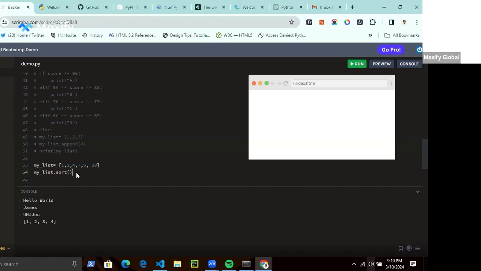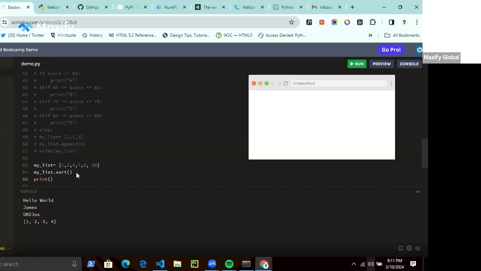When I call the sort function, essentially all these methods, the append method, the pop method, the sort method, they are actually functions, but because they are associated with a list, we usually call them methods. So these methods help us run certain operations. Depending on the complex data type, either dictionaries, lists, or tuples, we have different methods. You can't use certain methods on certain data structures because they might not work. But you can run sort on a list, and it's going to arrange this list in ascending order.